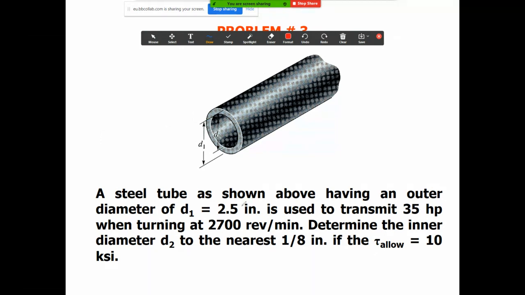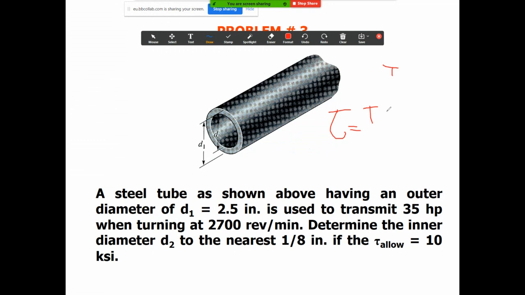Then after that we have to convert the frequency, which is 2,700 revolutions per minute, to revolutions per second. Then you can find T, which is the torque. After you find the torque, you can find the shear stresses in this tube. And in this tube, the maximum shear stress will happen when T is calculated